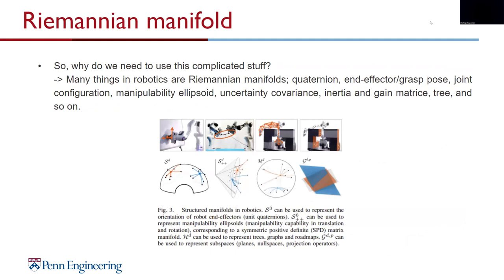So our question is, why do we have to use this complicated stuff? That's my biggest question. Actually, many things in robotics are Riemannian manifolds. It's just a form of representation, and it's metric. When you think about quaternions, end effector or graph pose, or joint configuration, they are actually Riemannian manifolds. Uncertainty covariance, inertia and gain matrix, and tree structures in algorithms are also Riemannian manifolds. So there are tons of things that can be used,